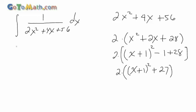We're going to rewrite this integral now. We got the integral, and what I'm going to do with this 2, actually, since we have a 1 in the top, I'm just going to pull it out front. Okay, pull it out front. 1 over x plus 1